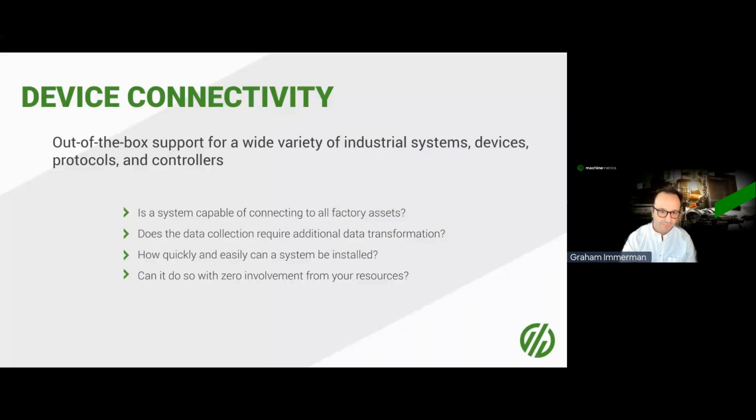So the platform that you choose needs to be flexible in its ability to connect to a variety of equipment makes, models, industrial protocols, new and old equipment. And while many OEMs may embed these connectivity solutions into their machines as a built-in feature, whatever solution you work with should allow the capture of data via sensors as well, because it won't be enough to have just modern equipment. You're going to have to connect to machines that are essentially dumb and don't have that ability. So the platform that you choose should allow for the ability to not only connect to a wide range